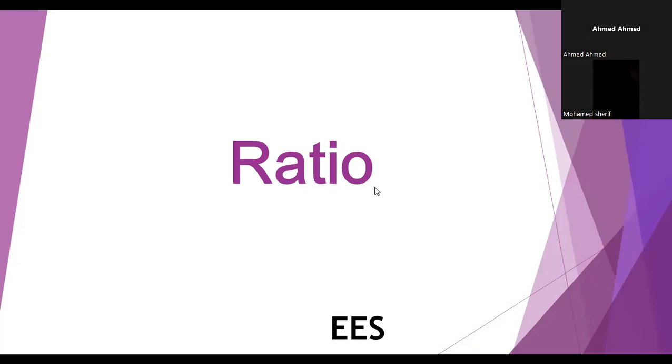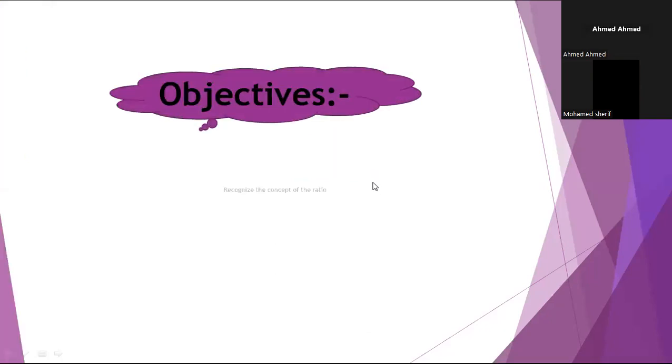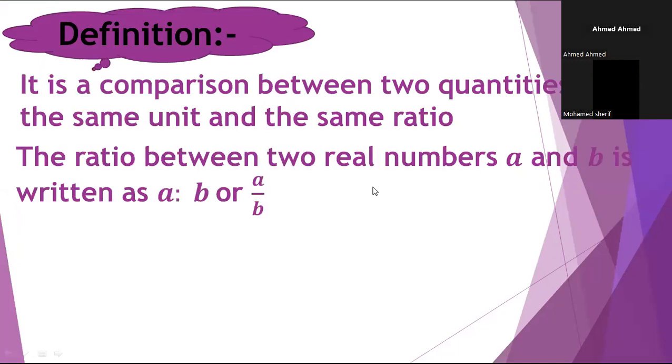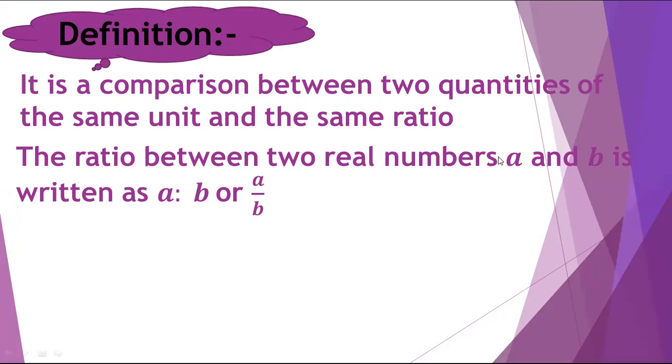Today, I'm going to talk about the ratio. What is the meaning of the ratio? It is a comparison between two quantities of the same unit. The ratio between two real numbers, A and B, is written as A to B or A over B. The ratio between any two real numbers can be written A to B or A over B,